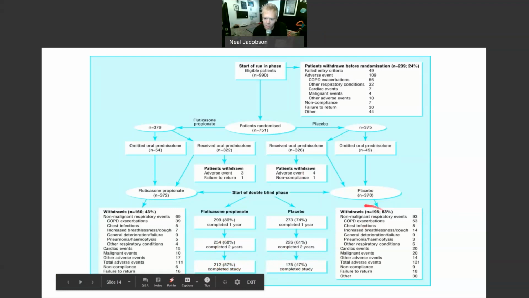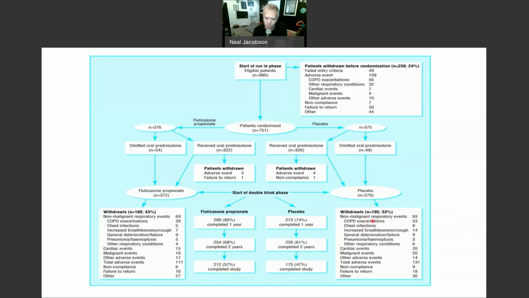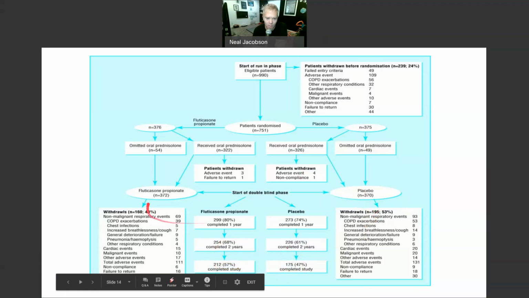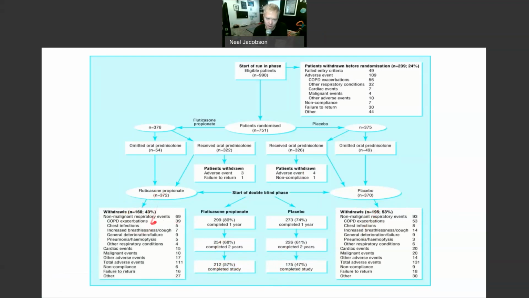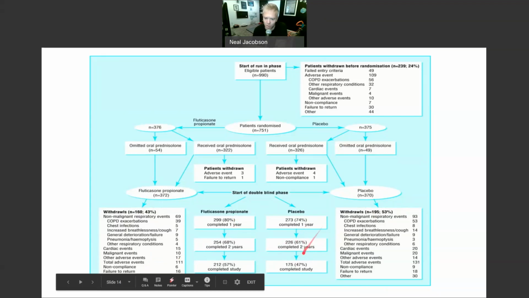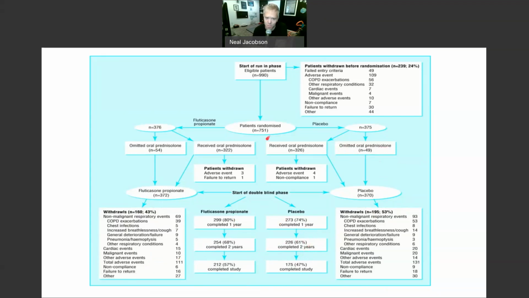And then 195 people withdrew. Over half of the people receiving the placebo treatment had to withdraw from the study. Almost half of the people that were receiving the treatment had to withdraw. And so just from the people that finished the study, right, they were able to draw their conclusions about whether or not that actual medication was effective.